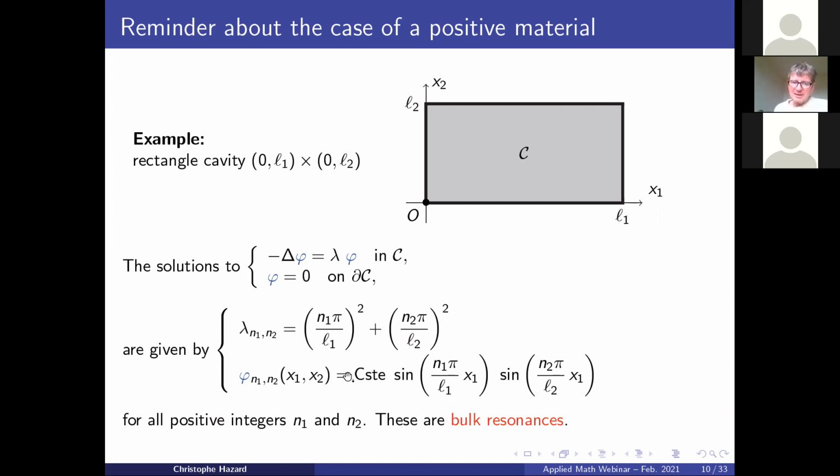If I say that, it is just to understand that in that case, I obtain what I call bulk resonances, because this function oscillates in the whole cavity, not only near the boundary or something like that. These are bulk resonances. And in general, the solutions to such an equation lead to bulk resonances. So what about